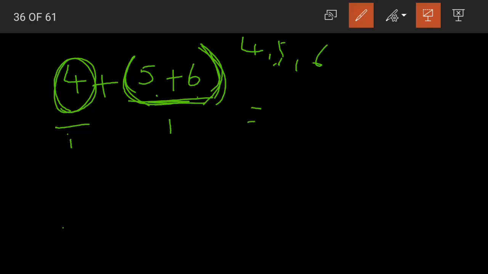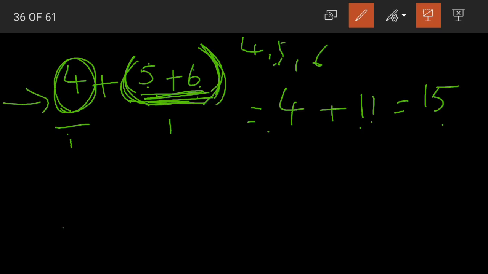What happens when we add? And remember, children, whenever we have brackets, we have to add those numbers first. Let us keep 4 like that only. 5 plus 6 becomes 11. Yes, 5 plus 6 becomes 11. And the answer will be 15. 4 plus 11 becomes 15. Okay, now this was one order of groups, wherein 4 was in the first group,